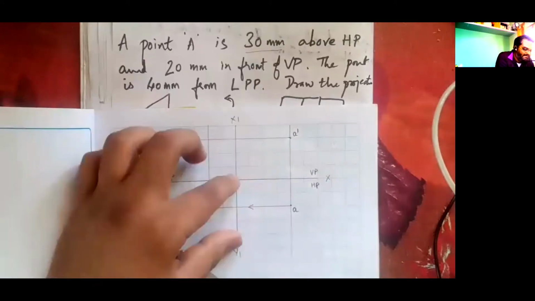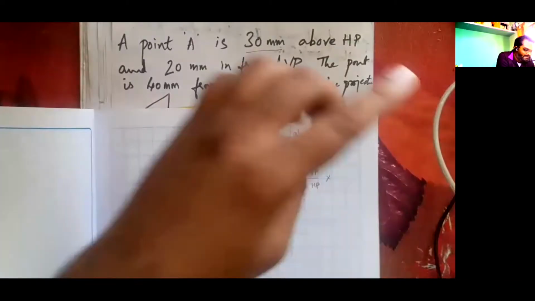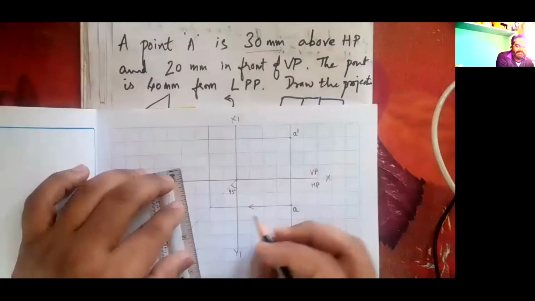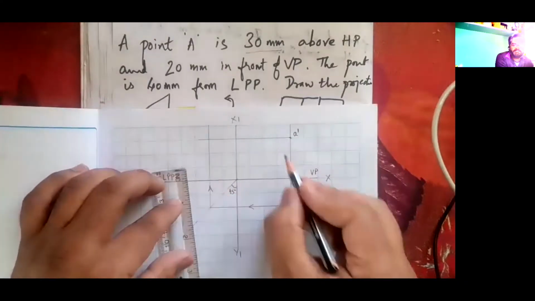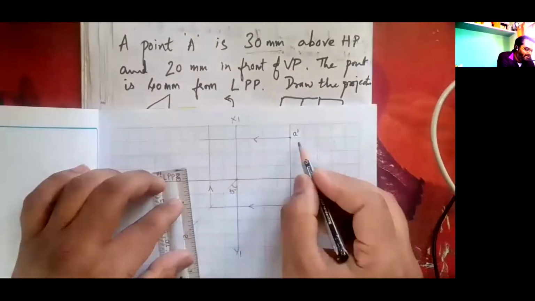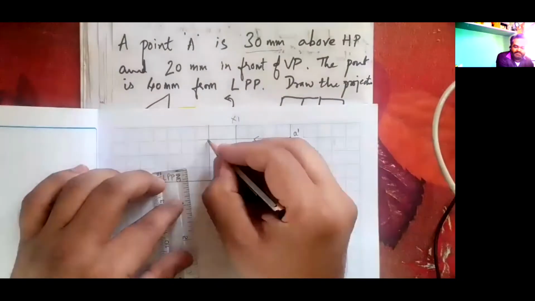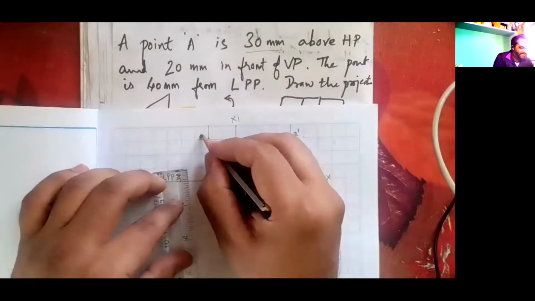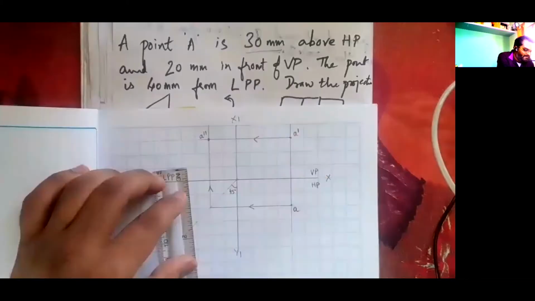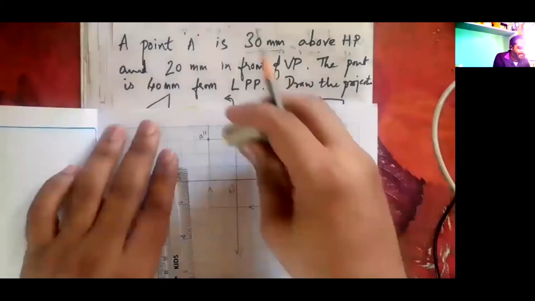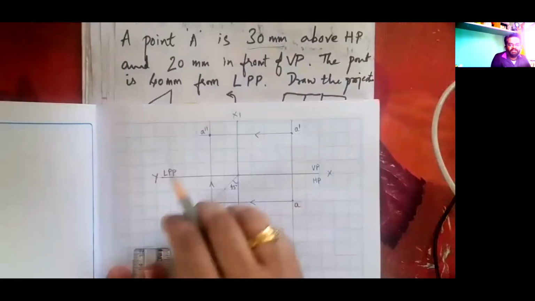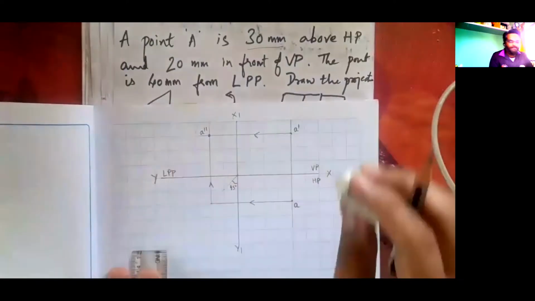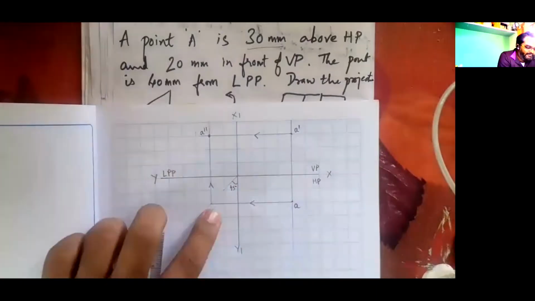And this is the first step. Second step, I am moving it like this. Third step, I am bringing this projection A dash to this position, and I have got A double dash. So this is A double dash, which is the side view, and the unwanted lines are here. I am going to trim it off. Erase these unwanted lines. This is not a necessary extra line, and identify the views.